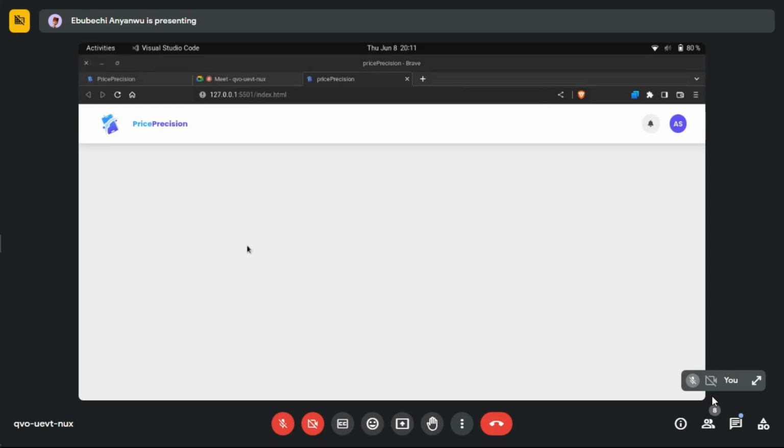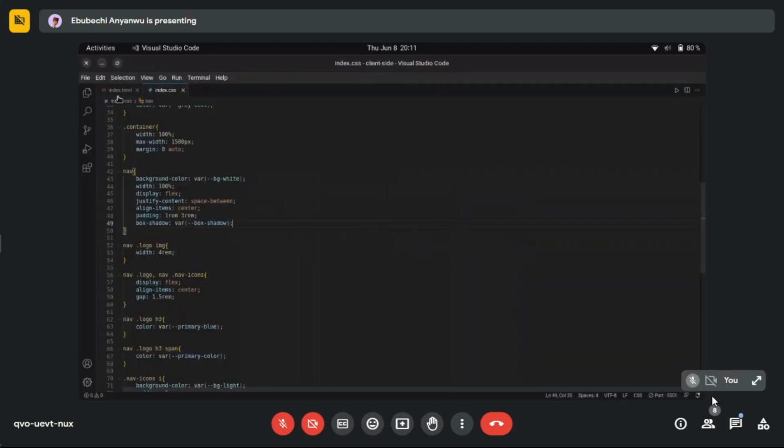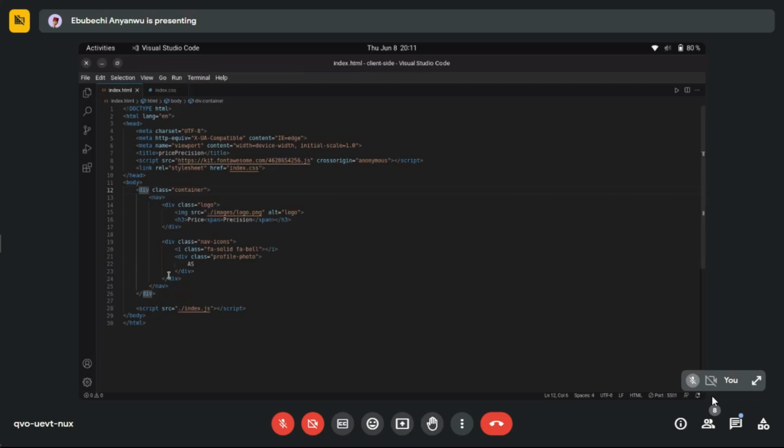All right, so on to the next part of our HTML. So still inside the container, remember that the container is holding everything on the page. So still inside the container, I'm just going to add a comment here and say end of